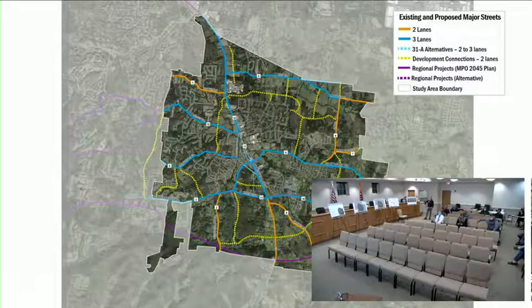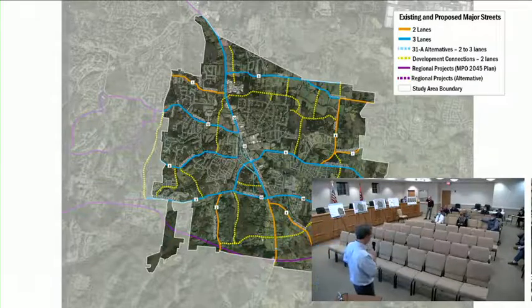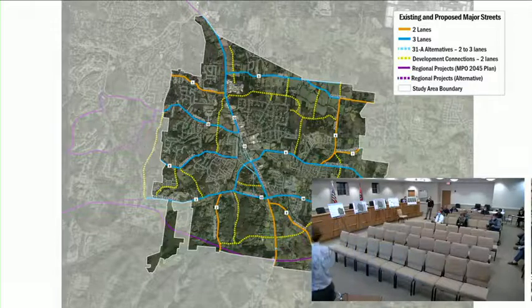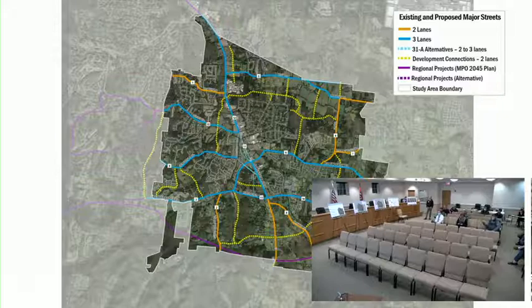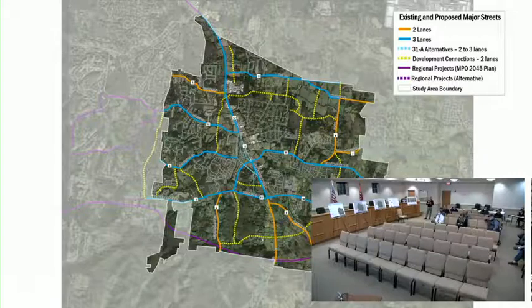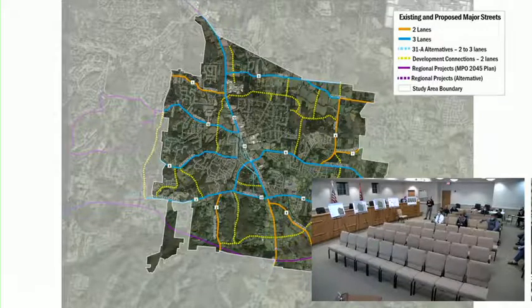So, the temptation is to sort of focus in on it and say, okay, what's the trade-off here? But to really understand it, what we'll do based on feedback we get tonight and through the next week or two is, again, sort of maybe hone in on a couple of options, but hone in on them relative to all these other improvements,